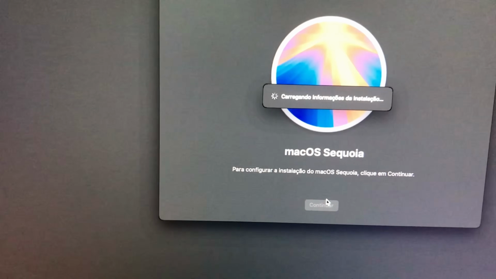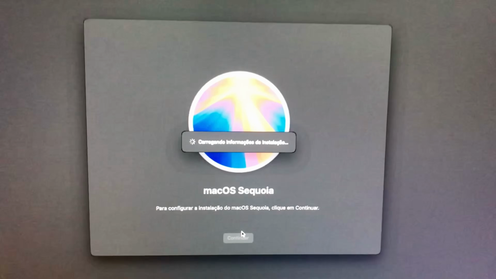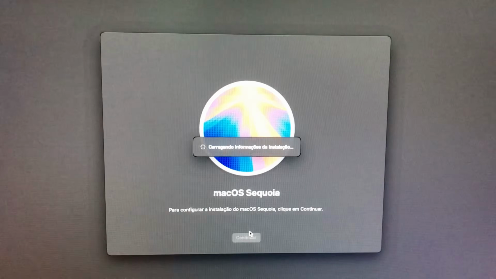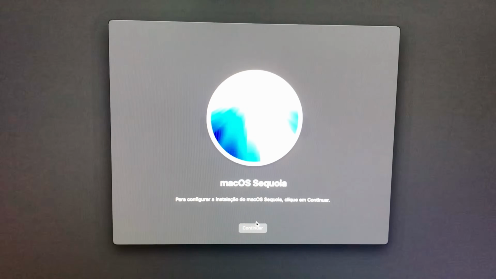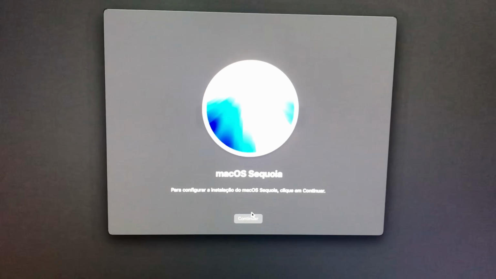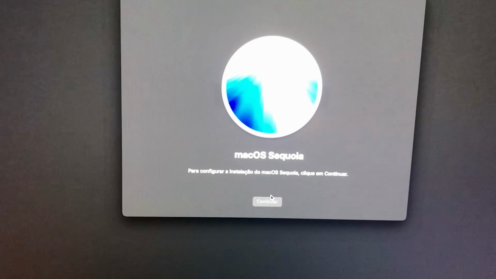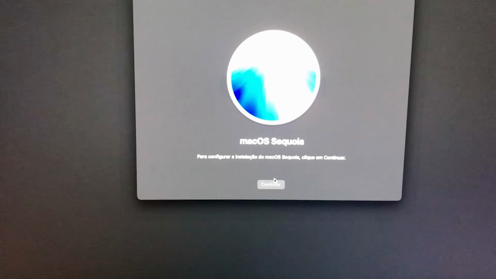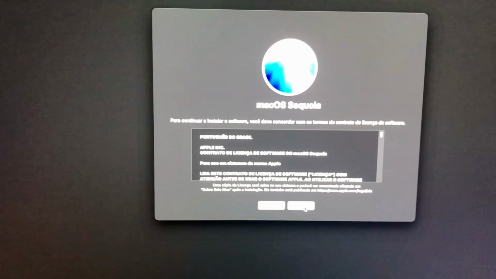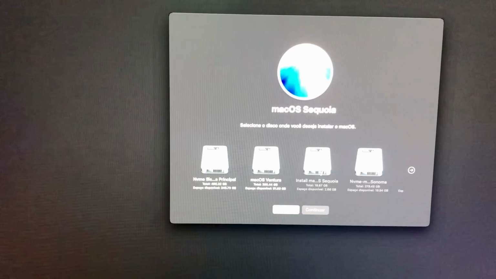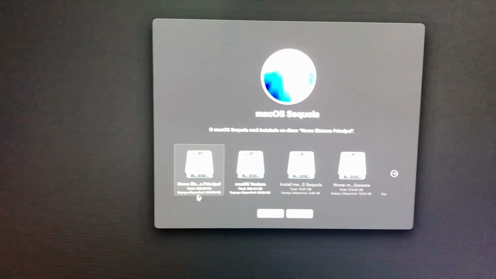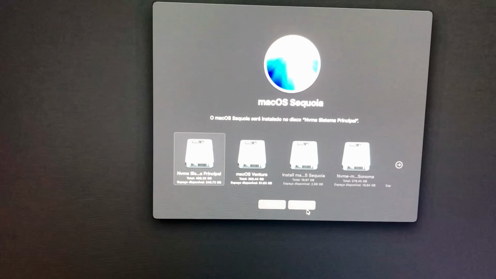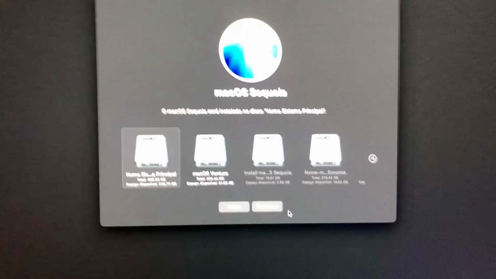So we have already made the replacement. Just wait for the installation. It takes about 12 to 16 minutes, more or less, to install. Just there. Now just keep going here for the installation.